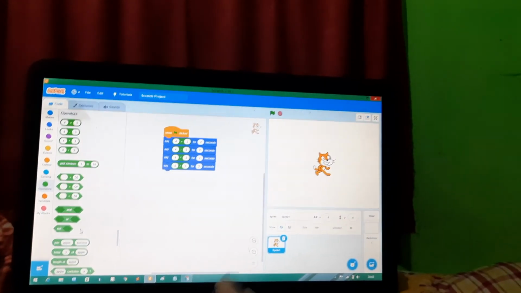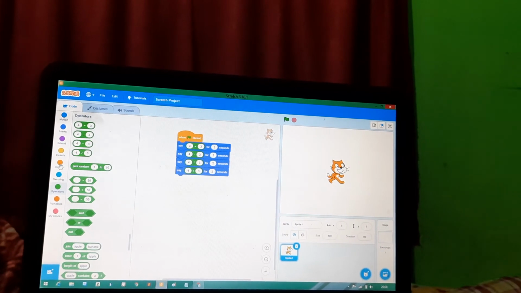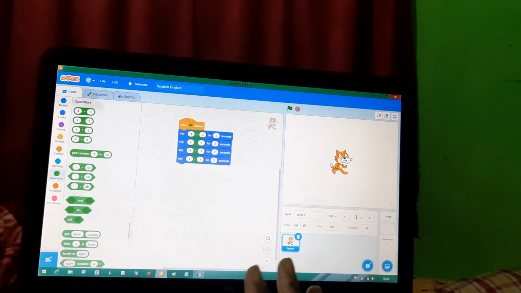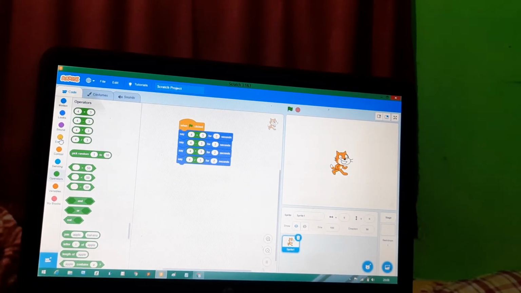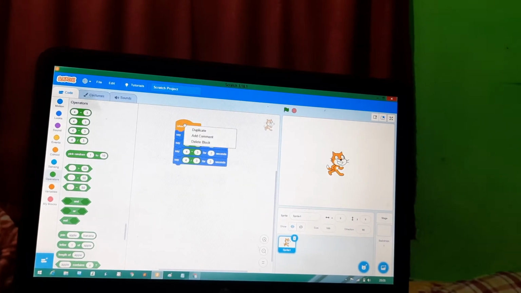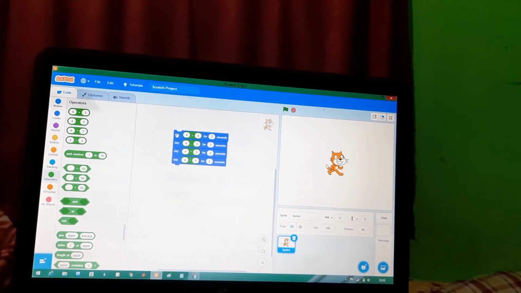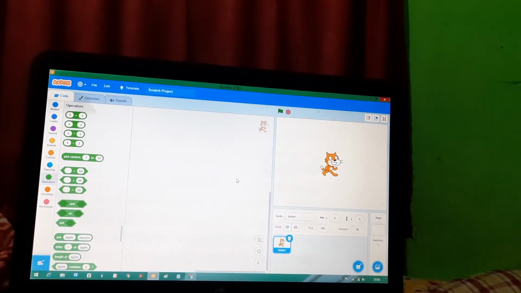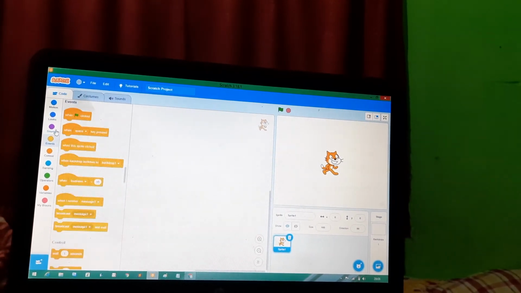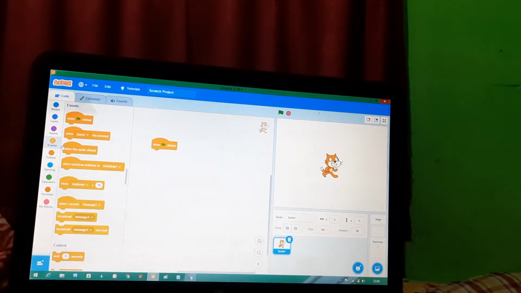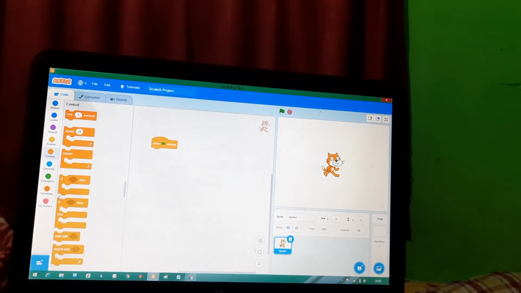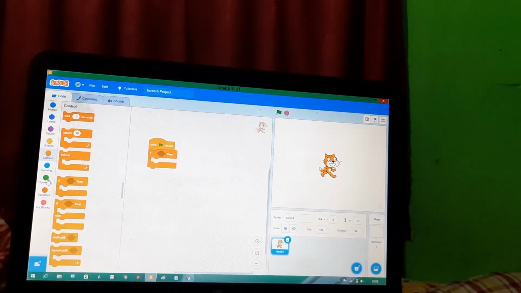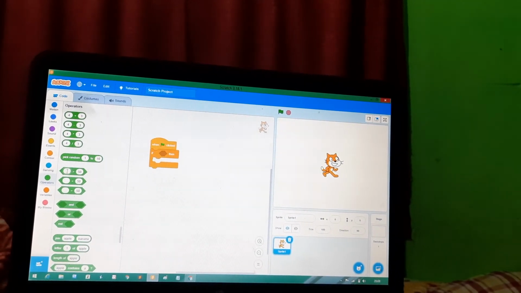Okay, let us understand one simple program using the if then block. I told you that greater than and less than are used for comparing purposes. So let us go and delete this one option. Delete 8 blocks. Okay, the blocks have been deleted. Let's go to the events block and drag and drop the event, and then go to the control block and use the if then block, and let us put a condition like, suppose if